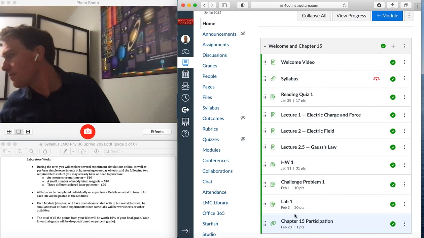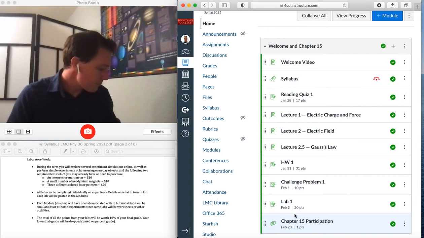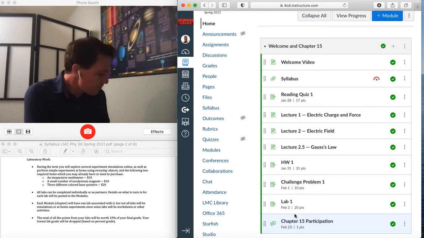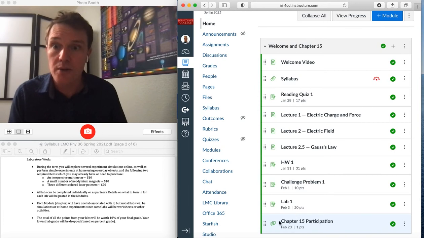The equipment, by the way, is an inexpensive multimeter. I think I have one here somewhere. Let's see, where's my multimeter? I have the lasers nearby. I was just thinking I might show you the multimeter. But it's a very everyday device that you can readily purchase. Those are actually quite affordable, so I would definitely recommend getting one of those.